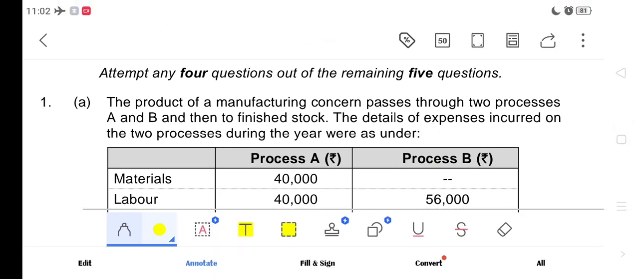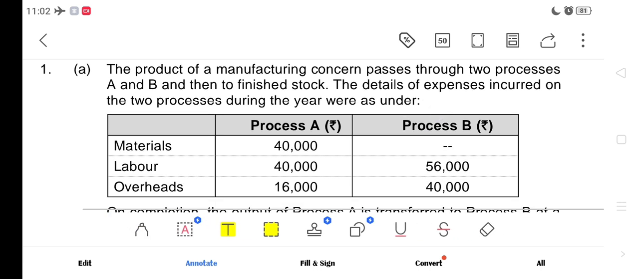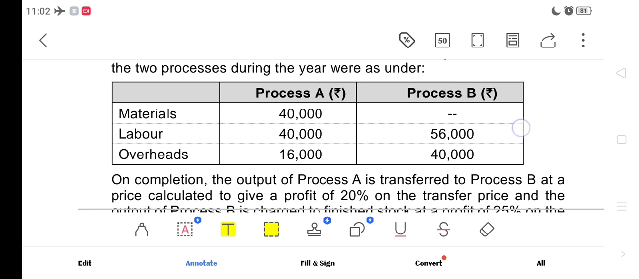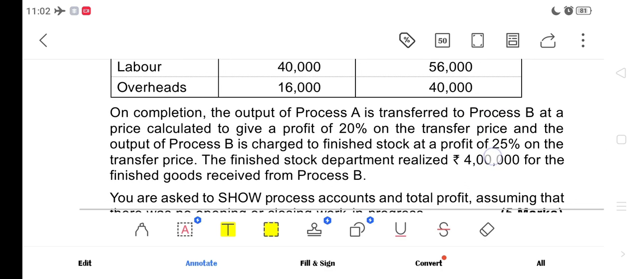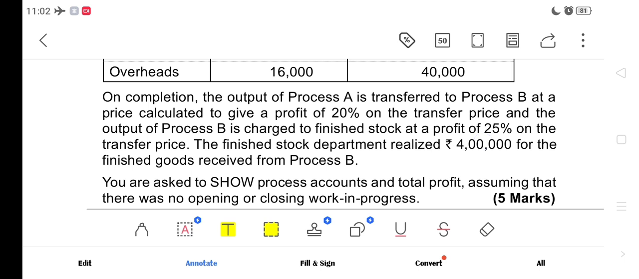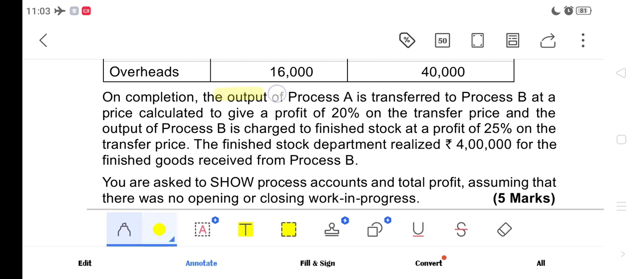This is a process costing. The product of a manufacturing concern passes through two processes A and B, then to finished stock. So it will go to process A and process B, and now finally finished stock. So the details of expenses incurred on the two processes has been given here. Okay, so materials, labor and overheads they have given, and on completion the output of process A is transferred to